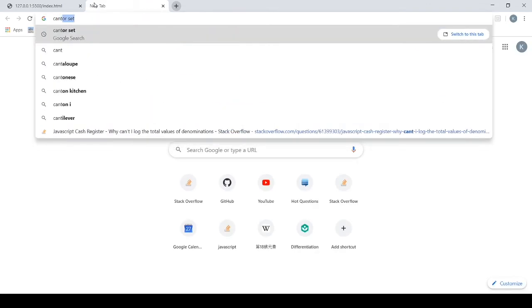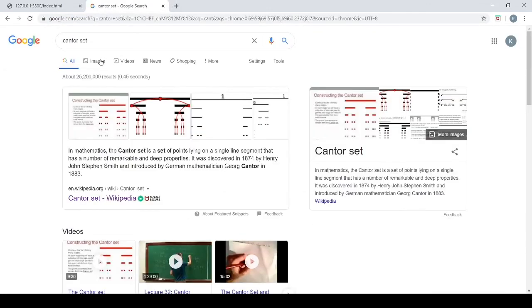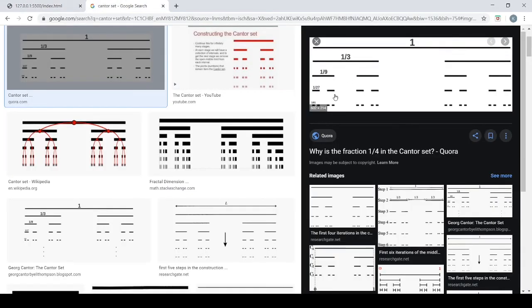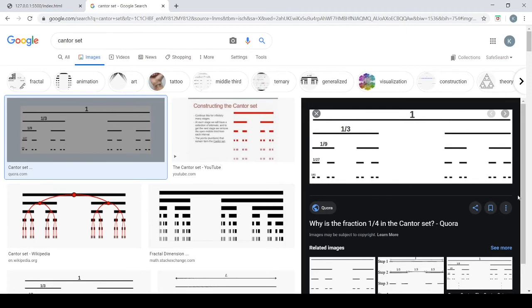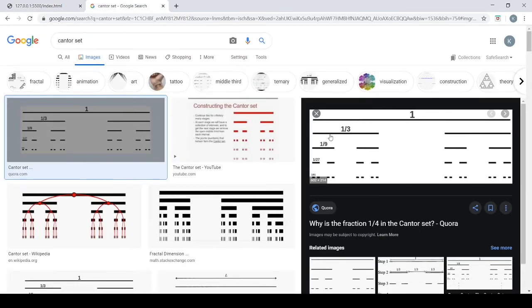There are 6 steps in total. So let's just check the contour set that we're interested in. So it looks like that, and what we created just now is pretty much linear, as you can see. Each function only calls a single function. But what we want to do here, especially when you're making fractals, is run multiple functions for each individual function. So right now the top function only calls one function, but in this case the top function calls 2 other functions, and so notice that there are 2 things changed,